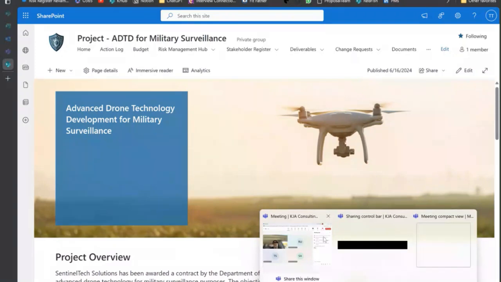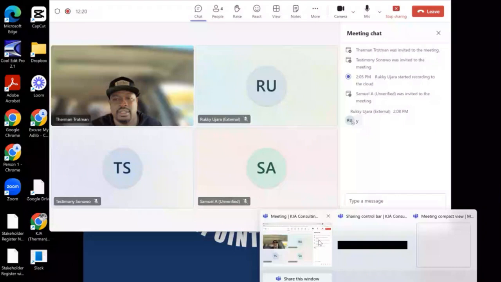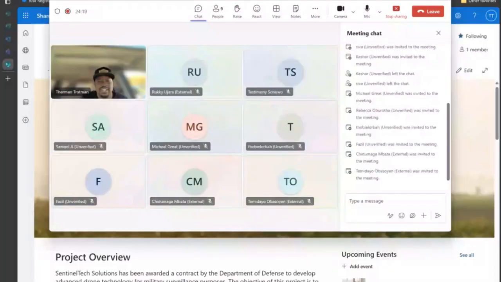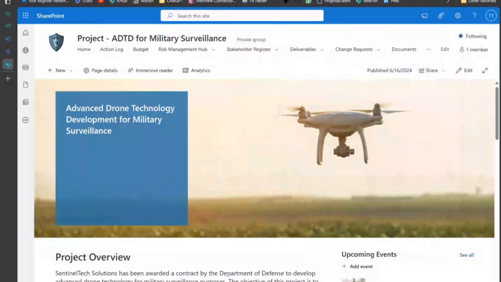All right. So, if you already understand the concept of a site, you might think all I need to know is about the document library. So Therman is talking about site. That's cool, but when I make my spreadsheets, I'm going to put them inside of a document library, and they're going to sit on the site. All right, that's not a big deal. That's not a problem. That's fine. But